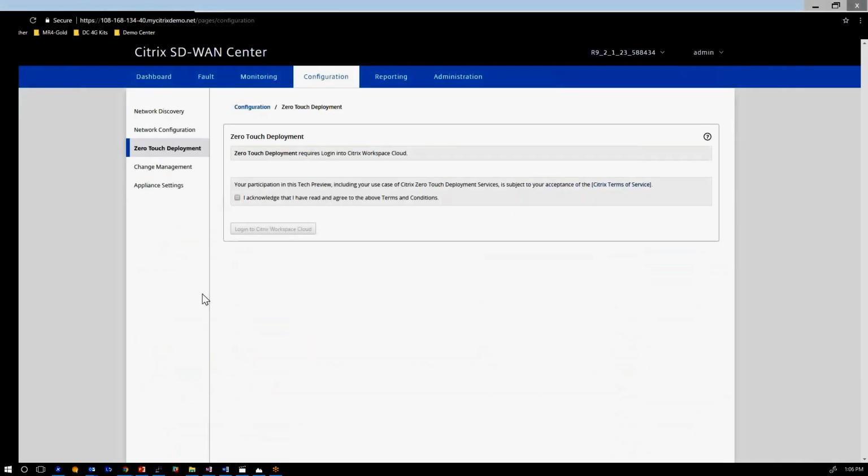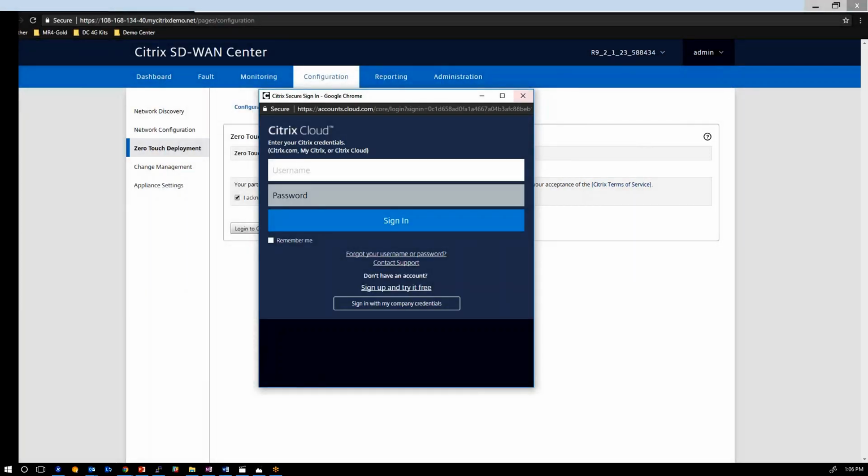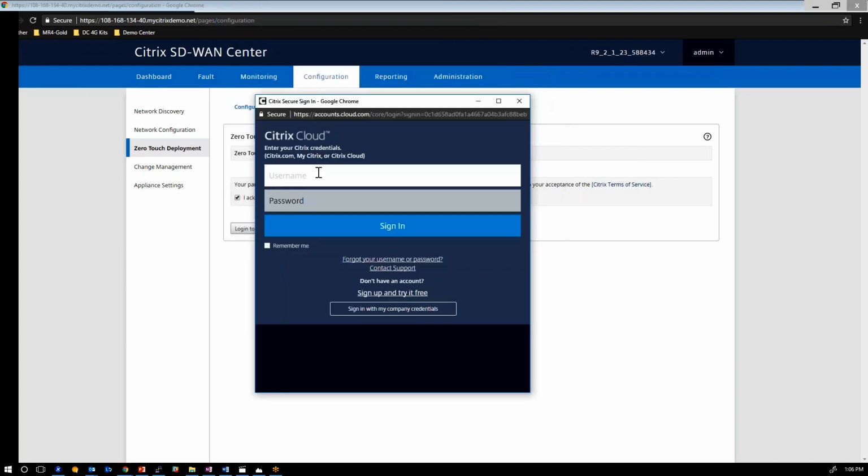But in order to begin the workflow for zero-touch, the first thing that you have to do is log into the Citrix Workspace Cloud account. If you don't have one, you can create it using the onboard.cloud.com URL, which is outlined in the documentation that we have online for zero-touch. But click into the Login Workspace Cloud button, and what you get is a pop-up window. If your browser is blocking the pop-up, make sure that you allow the pop-up. And this is essentially connecting into our cloud service API for this